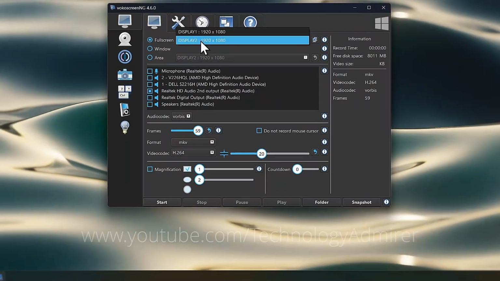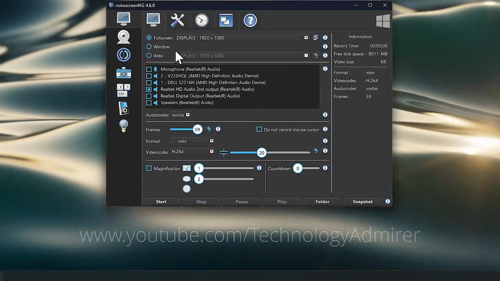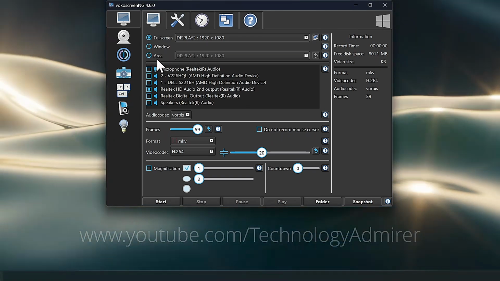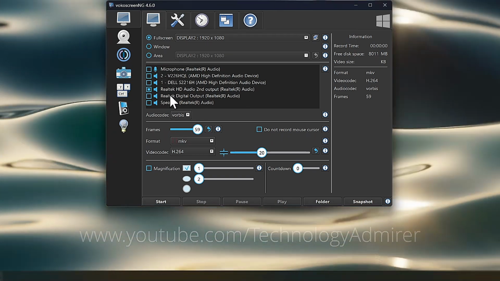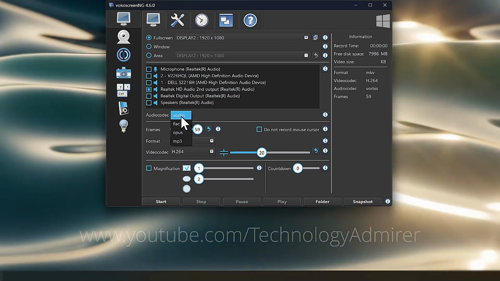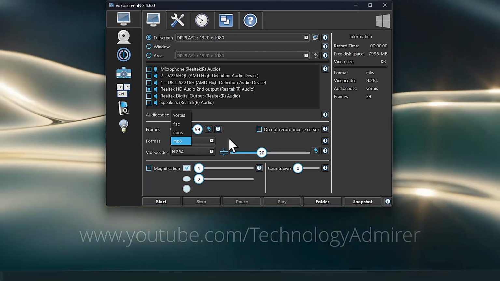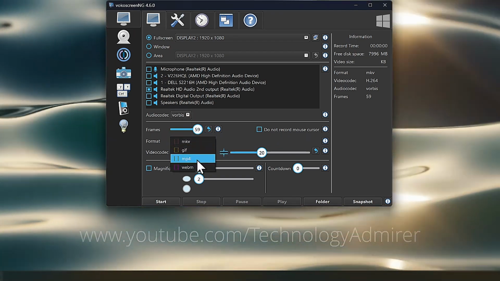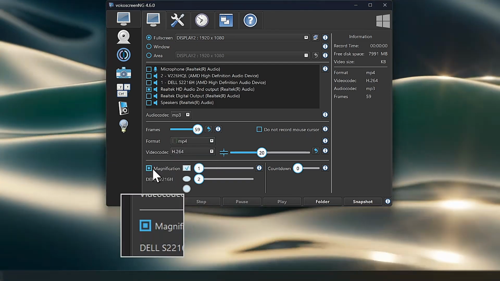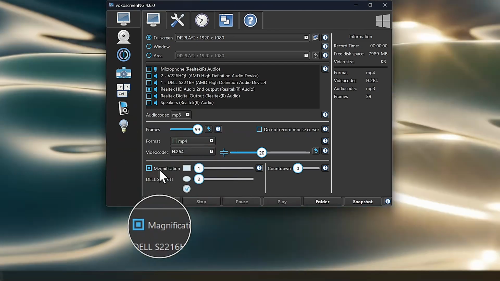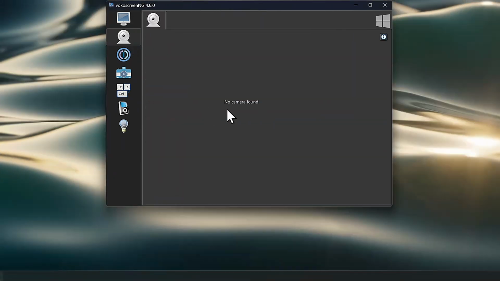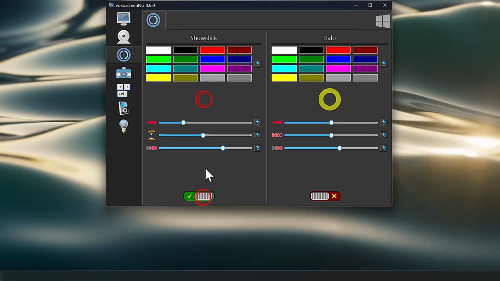With Voco Screen NG, you can record the full screen, a window or a selected area. Need to record audio from your microphone or system sound? It's all there. It supports multiple audio formats like Vorbis, FLAC, Opus, MP3 and multiple video formats like MKV, GIF, MP4, WebM. Features like a magnifying glass, countdown timer, built-in video player, built-in webcam support, show click, halo and snapshot